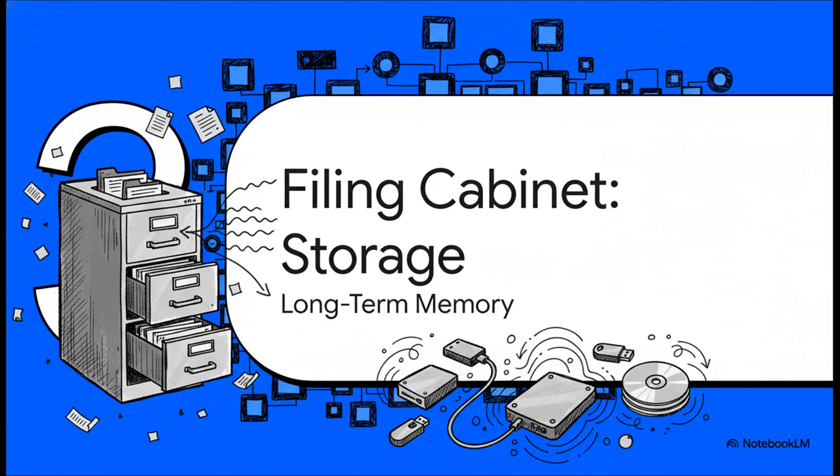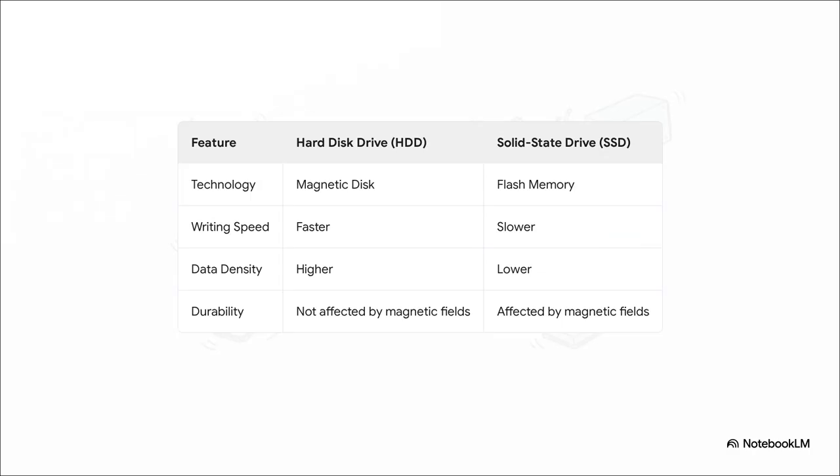Well, that brings us to the next part of our office, the massive long-term filing cabinet. In computer terms, we just call this storage. So when it comes to these filing cabinets, you've basically got two flavors. The old school one is the hard disk drive, or HDD. Think of it like a tiny record player with a spinning disc and an arm that reads the data. It's mechanical. They're great because you can get a ton of space for not a lot of money,